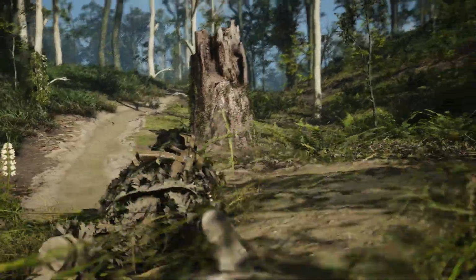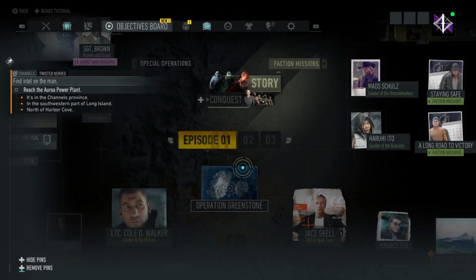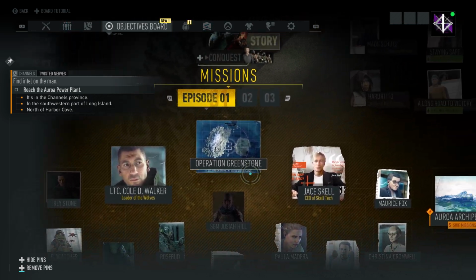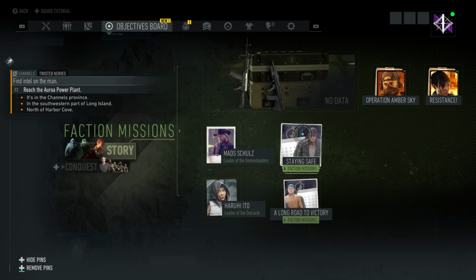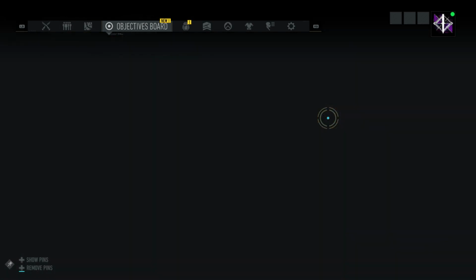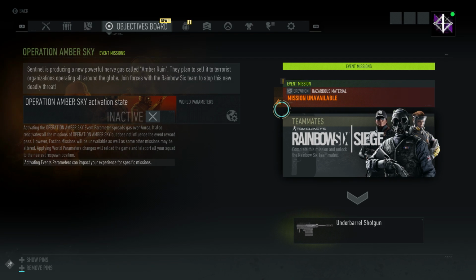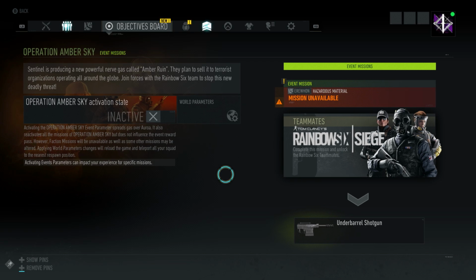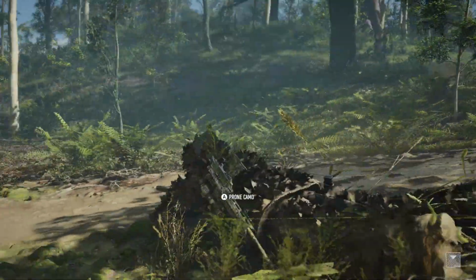Anyway, I have still got plenty of things I can do in this game. I'm just not going to be paying $40 to open up this story arc. I've still got side missions from Aurora, and I've still got these guys to work through, and I've still got Amber Sky, which I haven't done yet. It says mission unavailable. Presumably it'll become available at some point. So I think there's a lot of things I can still do in this game without buying a $40 DLC. I'm just a little bit disappointed that they're quite so greedy,